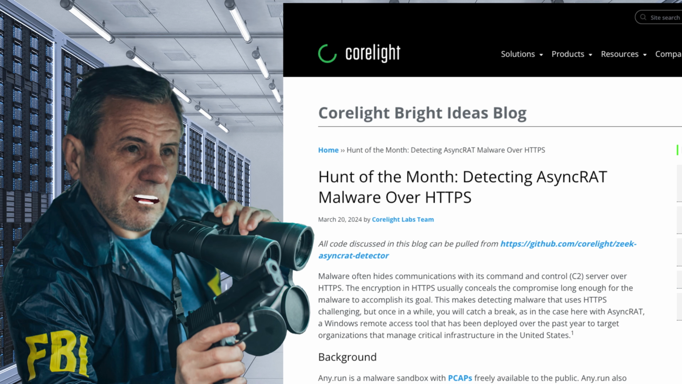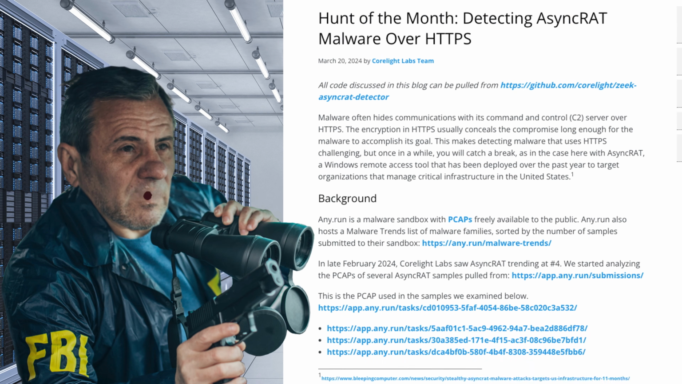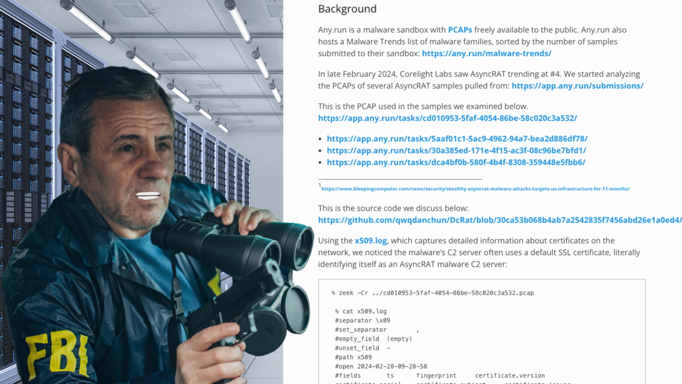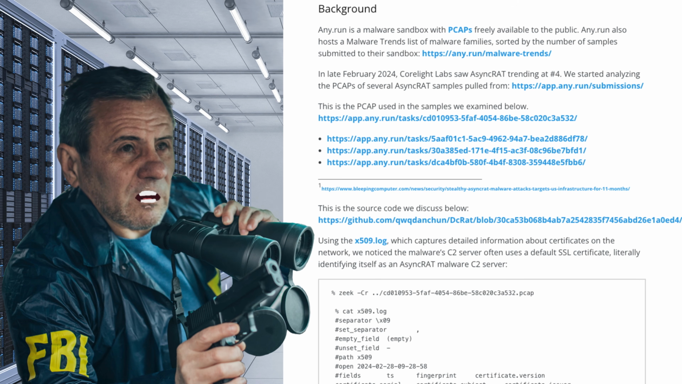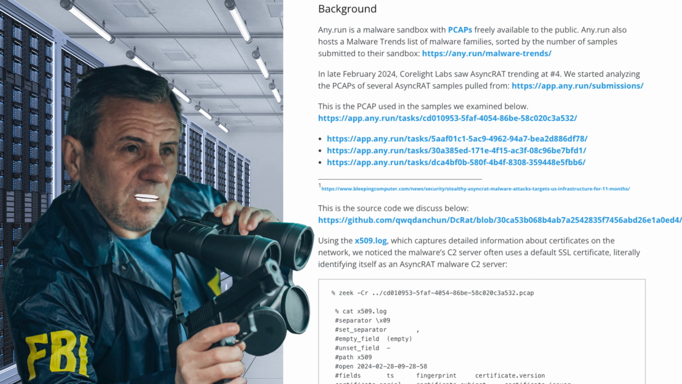Okay, so the first thing that we did is we went to an online malware sandbox service called any.run, and we found several samples of AsyncRAT there. Then we downloaded the PCAPs, which are files of the network traffic when these malware samples were executed there. So we studied these PCAPs, and we figured out, and I hope you bought a hat and you're holding on,